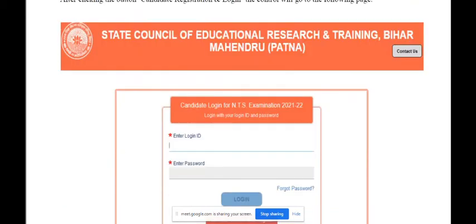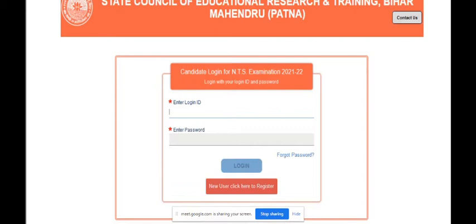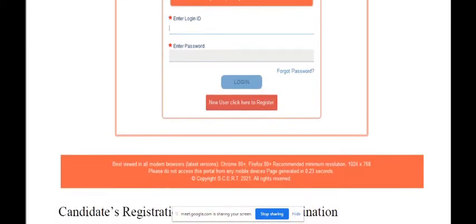Then you come here, and down here you will find one option, New user, click here to register. As we have not registered ourselves, we have to click here to register, and then after that we can fill our form.